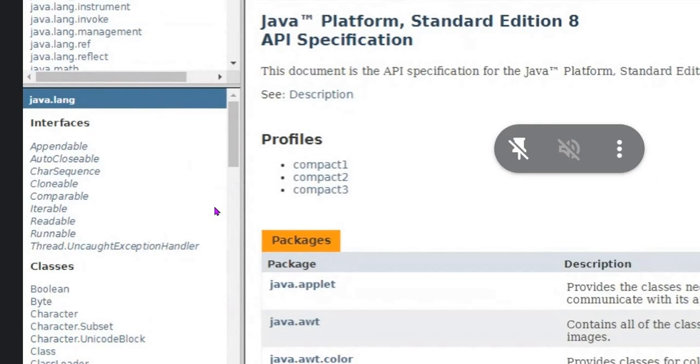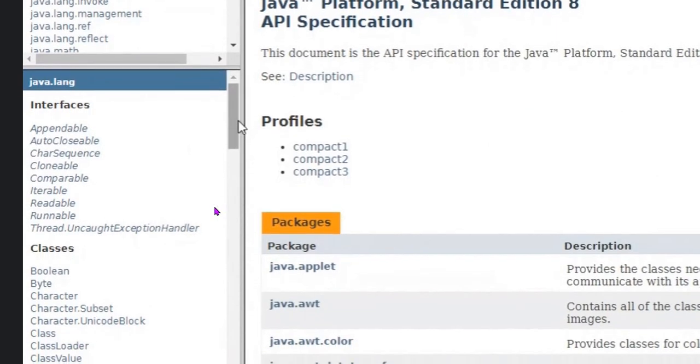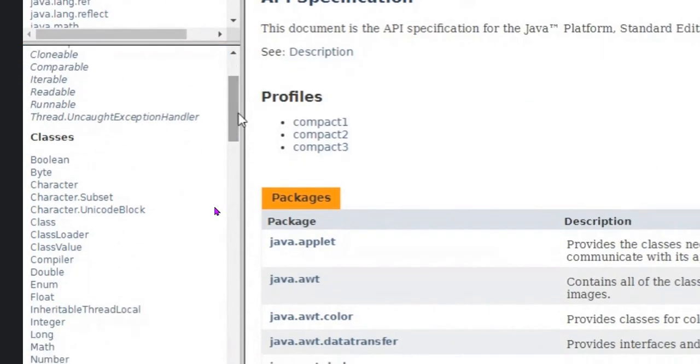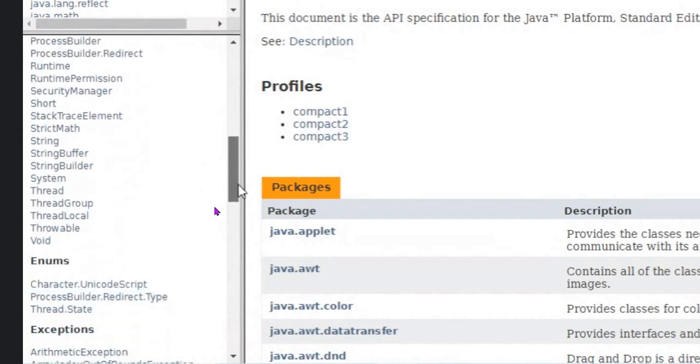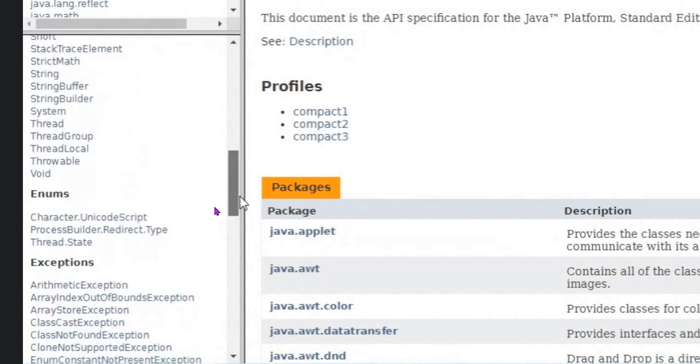You have Appendable, Cloneable, Iterable, all such classes. Then all the classes related to your data types, Character, Boolean, Byte, Long, Math are here. Come down further. These are all enums you have.